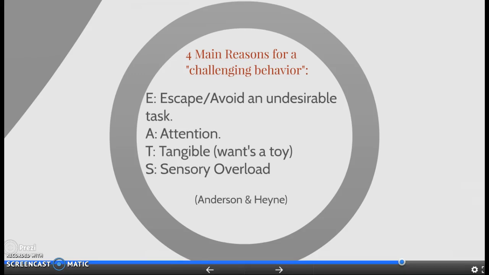These are so important because when you have a client with sensory overload, there's too many people, there's too much light, there's too much noise, and you would not help a client that's having a challenging behavior over something tangible the same way that you would help a client who's having a challenging behavior because of sensory overload. So when you figure out why there's a challenging behavior occurring, you're best able to figure out how to correct that. That way you can apply this theory in a way that will benefit the client when you understand why the challenging behavior is coming about.